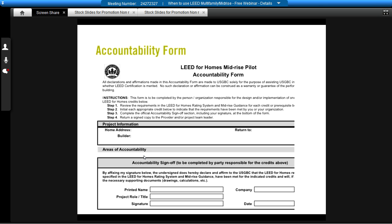Accountability form, this is sort of what I was talking about. This would be where it says areas of accountability. You would see specific credits. So the Green Rater's landscaping was installed as per the design, but they're not trained to verify that the design meets the drought-tolerant criteria for a specific credit, for example. So at some point, some professionals need to take accountability for certain items, and that's what the accountability forms are